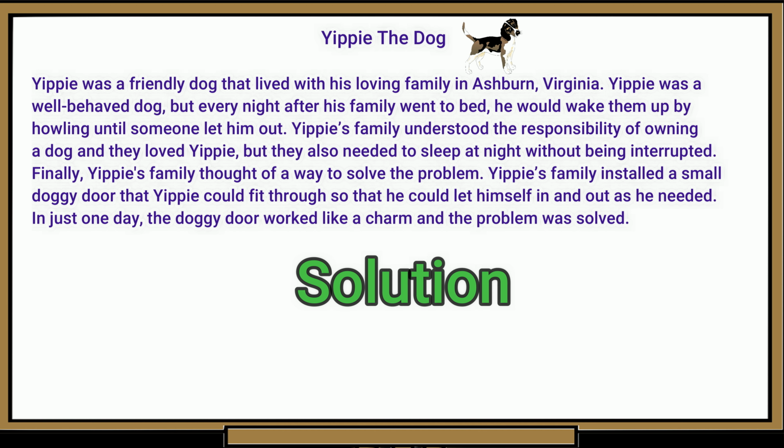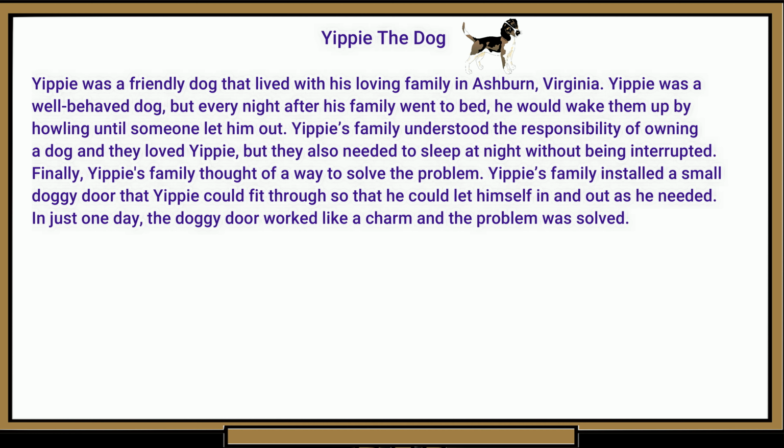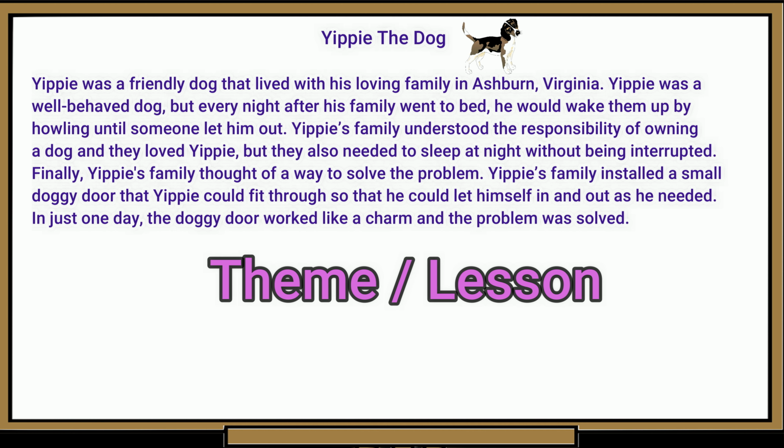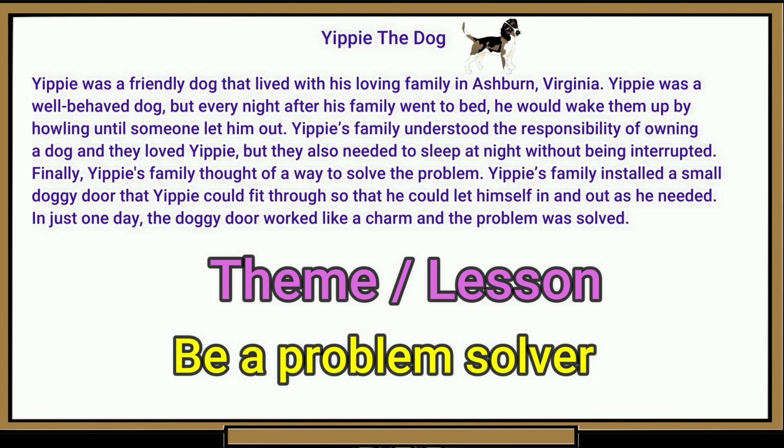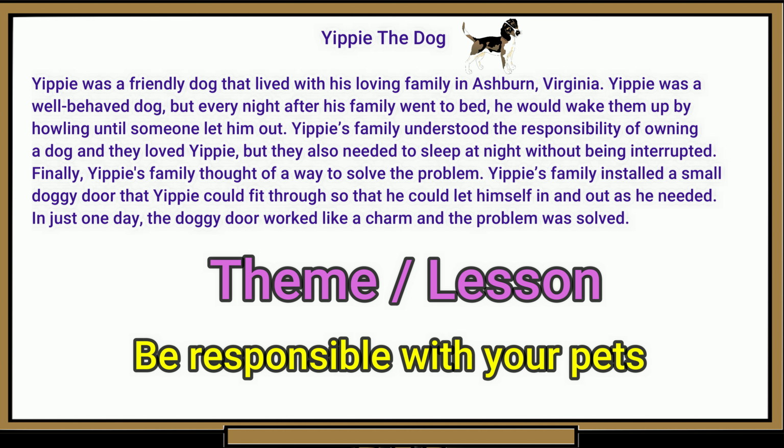The solution that his owners come up with is to install a doggy door, and in the end, we are told that it is successful in solving the problem. In terms of a theme or a lesson learned, you could have several different responses. As long as it connects with the events from the story, it can be a correct answer. A reasonable lesson learned could be to problem solve when you have an issue in life. You may also feel that the big idea of the story is that it's the pet owner's responsibility to take